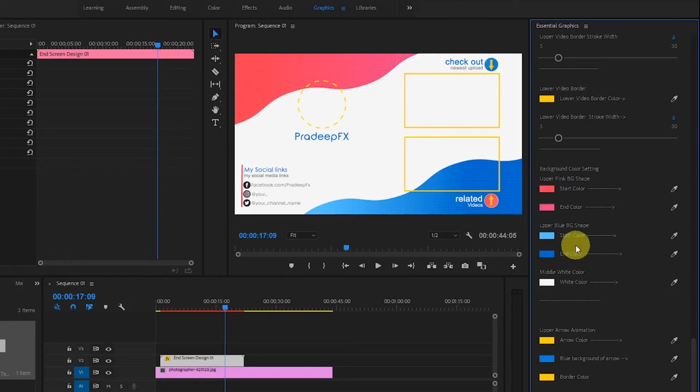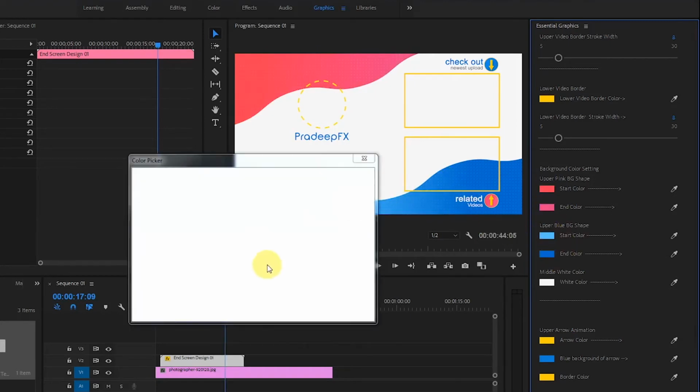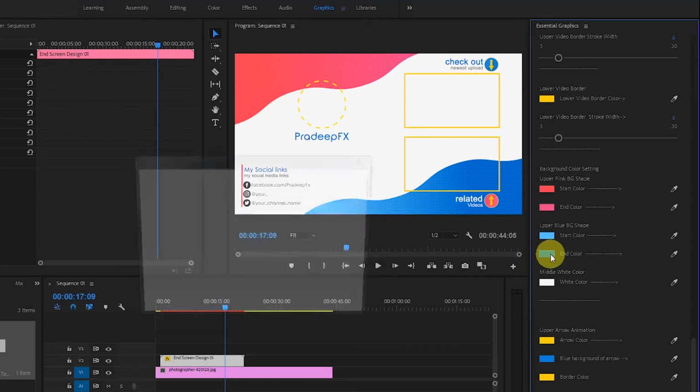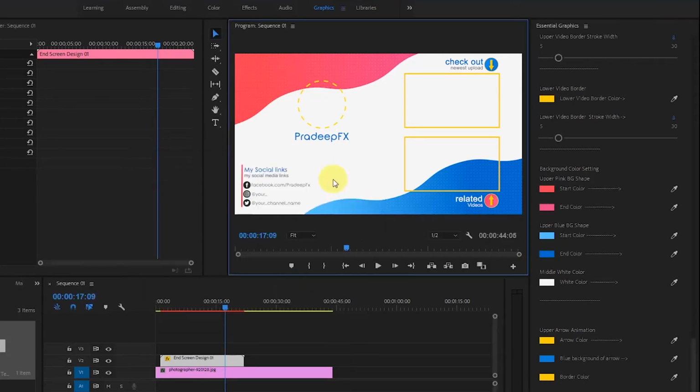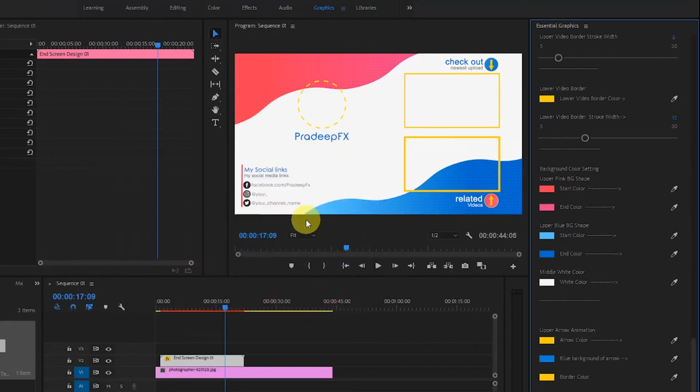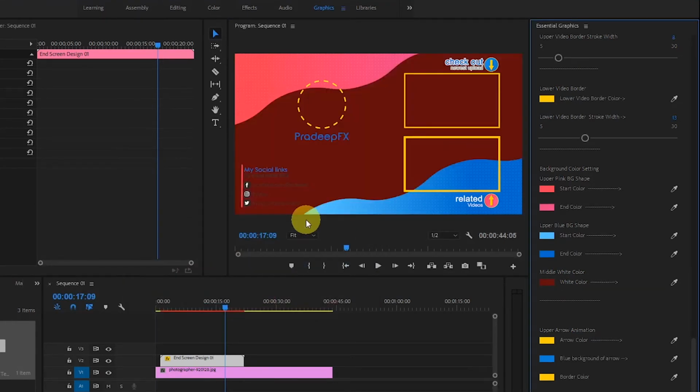Okay, likewise, you can change the blue color. You can change it to yellow or whatever color you want. Okay, you can also change this white color. So something like red or whatever you want. Okay,